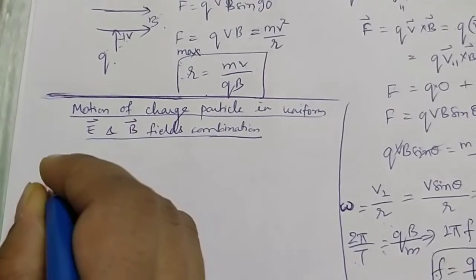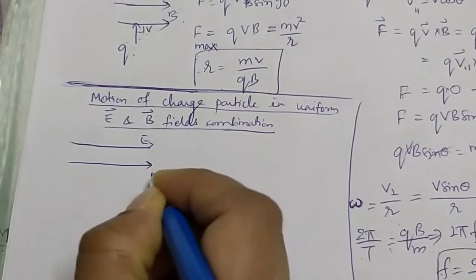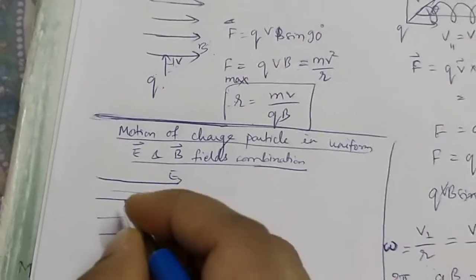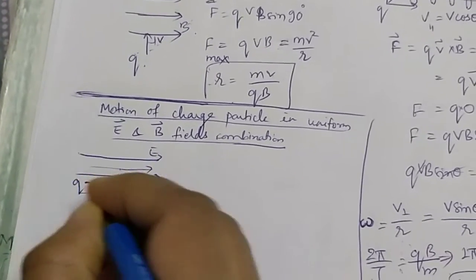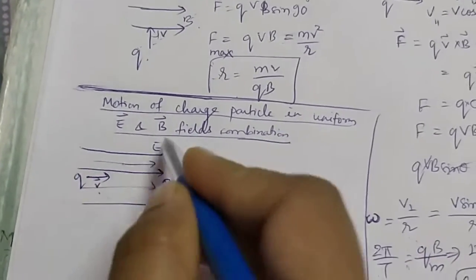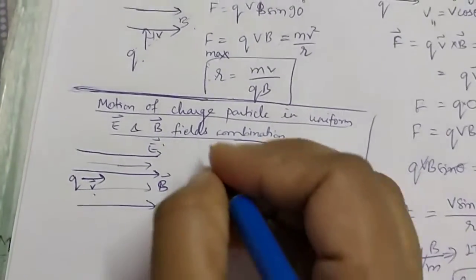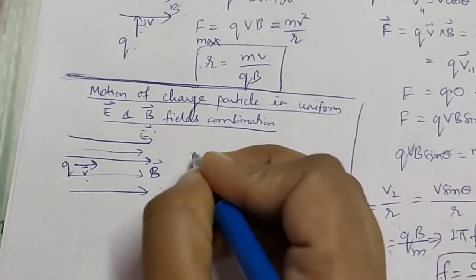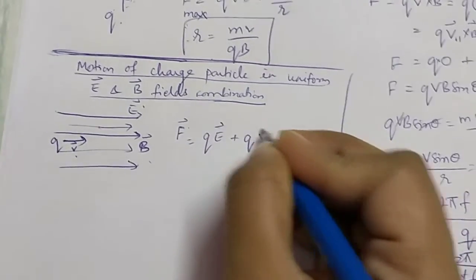So suppose you have both electric field in this direction and magnetic field also in this direction. You have uniform electric field and magnetic field in the same direction, and the charged particle is there, they are collinear, charge is also moving in the same direction. So V, E, B, all the three vectors are collinear, that means in same line, same direction. So now what will be Lorentz force? You know that Lorentz force F is equal to QE plus Q V cross B.